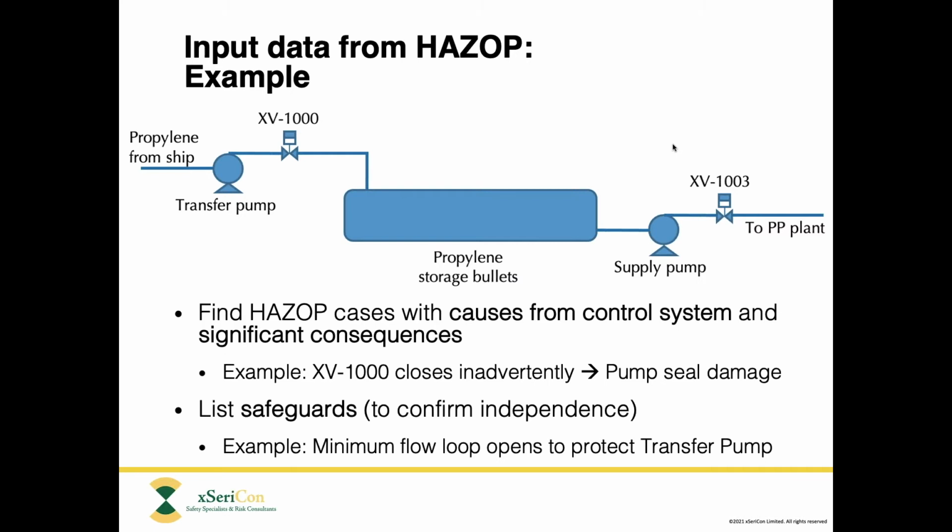So that would be a case where a control system failure, for example, an I/O card fault, might inadvertently close that valve and lead to a final consequence. So we need to capture that particular case from the HAZOP, and usually I recommend that we make a little table showing these cases that could arise from control system upsets. And what we need to know for each case is